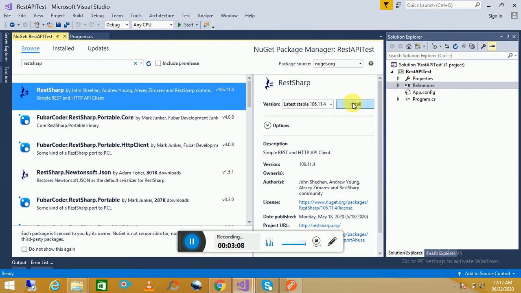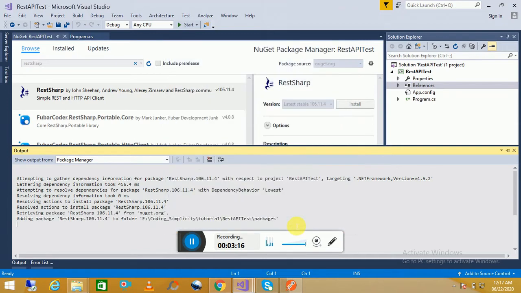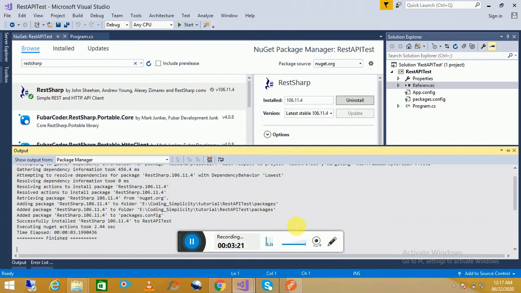Installing RestSharp in my console application, version 106.11.4. I'm done. Here you can see it's already installed as well here.